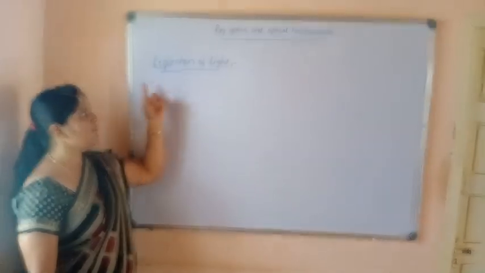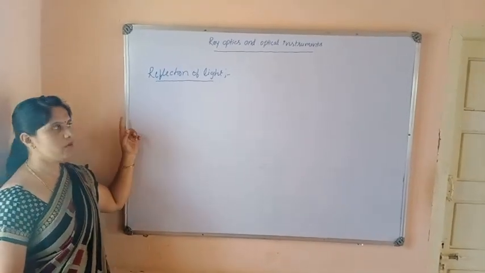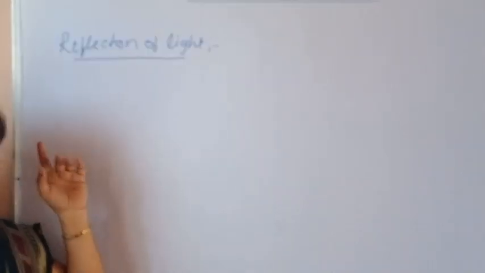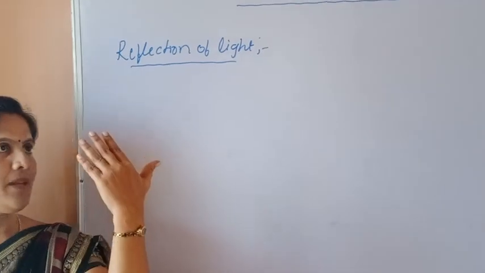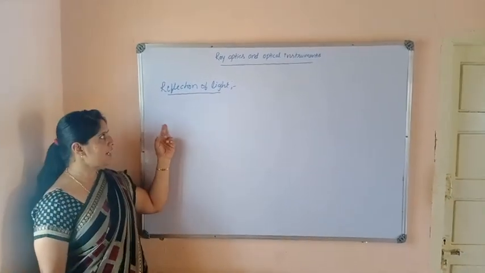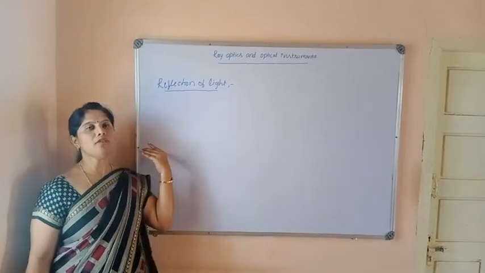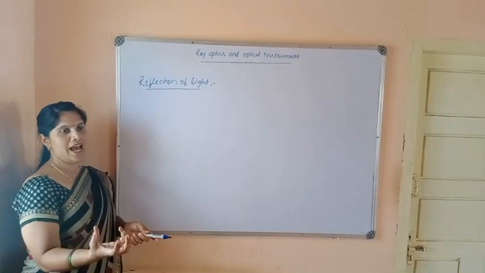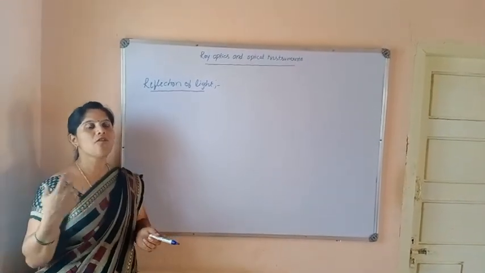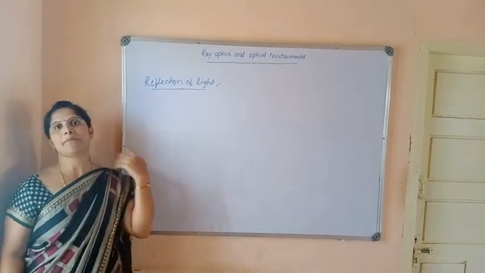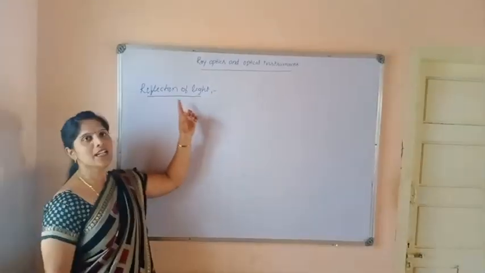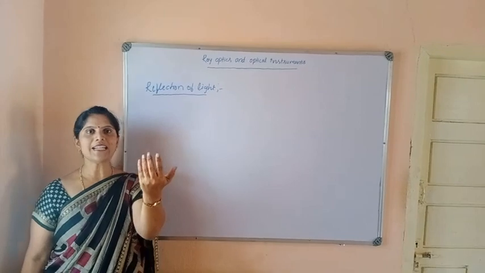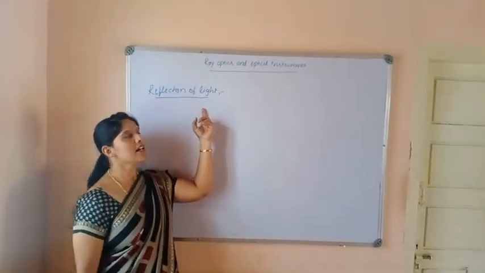It starts with reflection of light. Reflection of light is a very important phenomenon of light. What do you mean by reflection? Generally, reflection means bouncing back. So, reflection of light means bouncing back of a ray of light. For better understanding, for example, you take a ball in your hand and hit it against a wall. What happens? Naturally, it bounces back. The same situation is observed in the reflection of light. Instead of a ball, when a ray of light is incident on the surface, it gets reflected. This phenomenon is known as reflection of light.